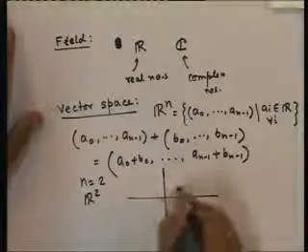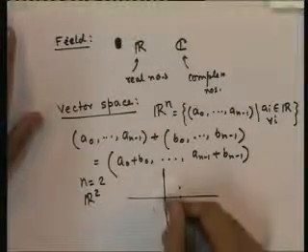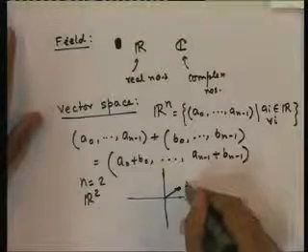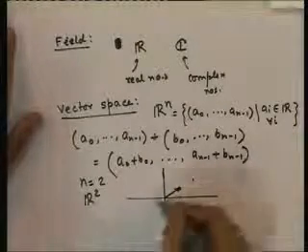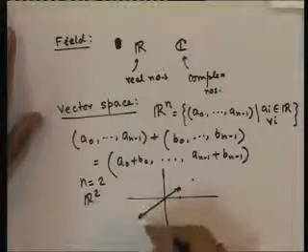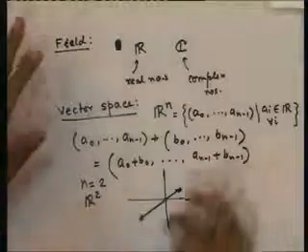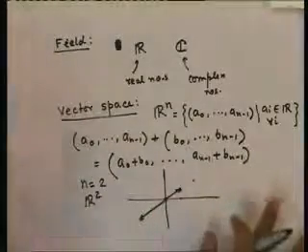You can multiply a vector by any real number. This is one vector, if you multiply by 2, you will get another vector. If you multiply by minus 3, you will get another vector, and so on. So you can multiply any vector here by a scalar. So this is one example. There are other examples which are not like this, and these will be useful for us, and that example is,